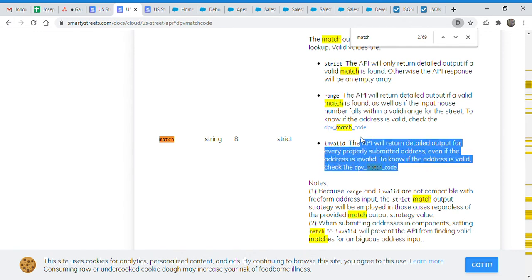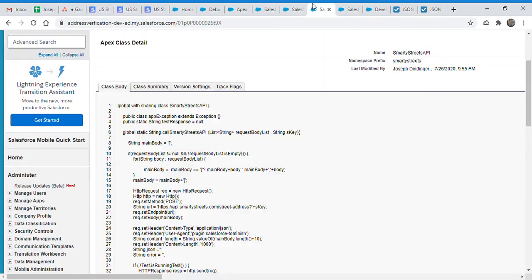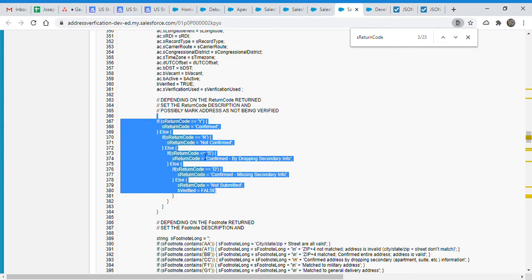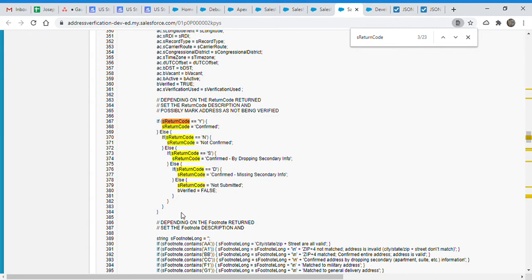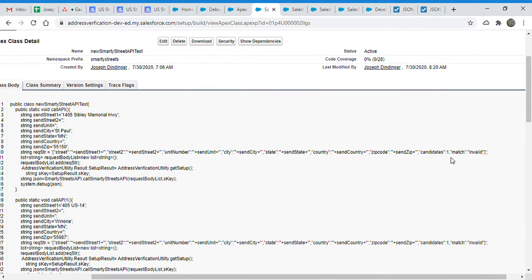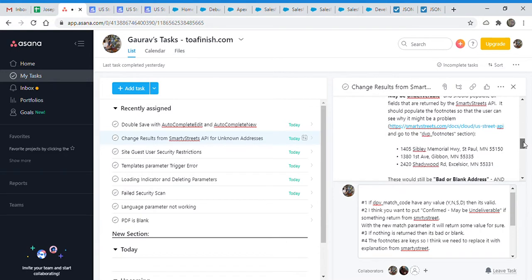This is the scenario we are going to use now, and it says to check the DPV match code to know if the address is valid or not. We already check the DPV match code, so this code is fine, and I think nothing needs to change here. But I used a testing code and just passed match equal to invalid, using the address that you gave me.